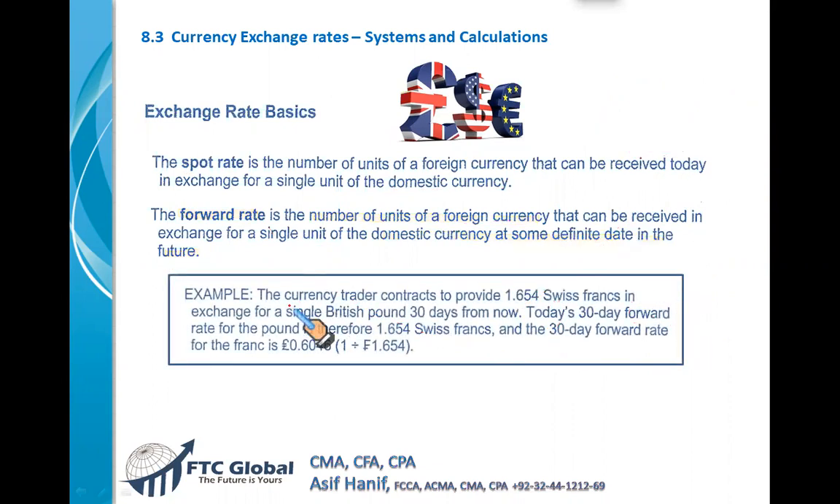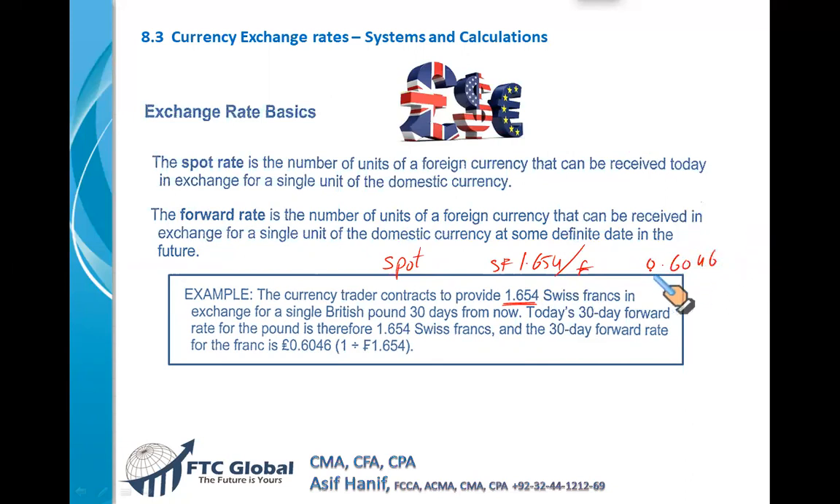Here we go. A currency trader contracts to provide 1.654 Swiss francs in exchange for 1 British pound right now. 1.654 Swiss francs per pound. This is the spot rate right now. This is the spot. You can express it in another way also. Like you can take a reciprocal, 1 upon 1.654. The number that you will get is